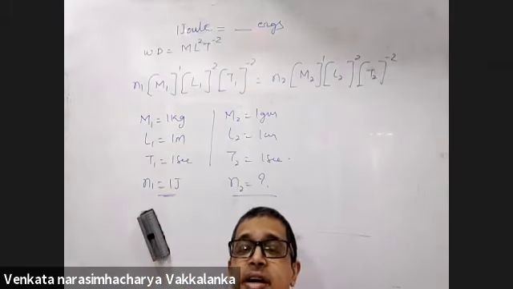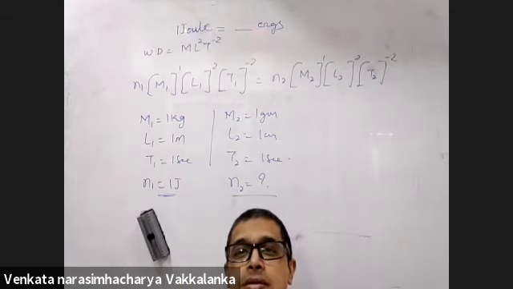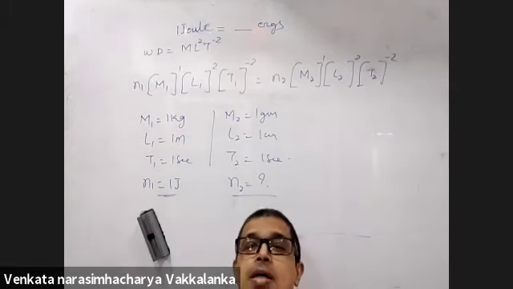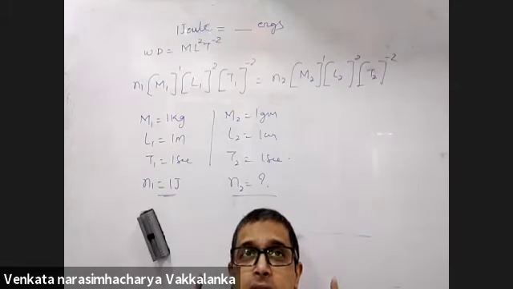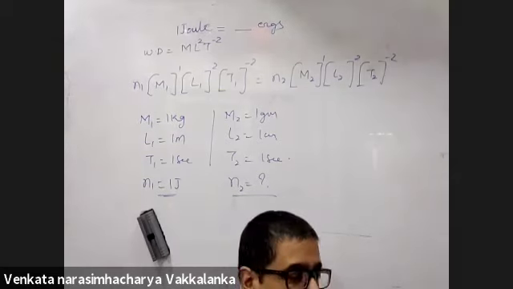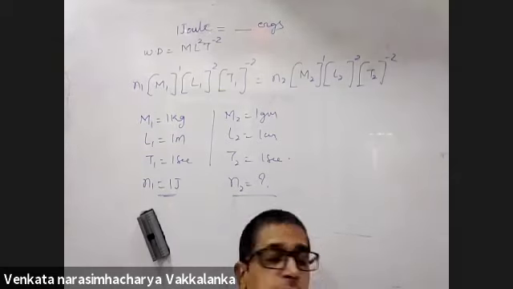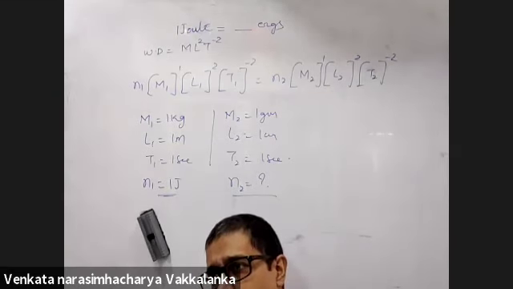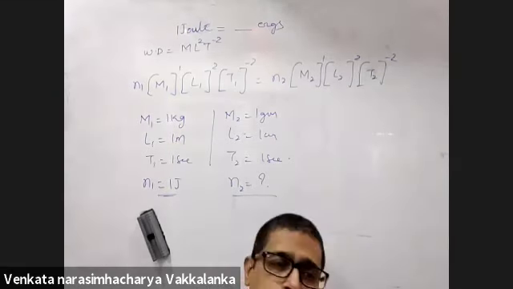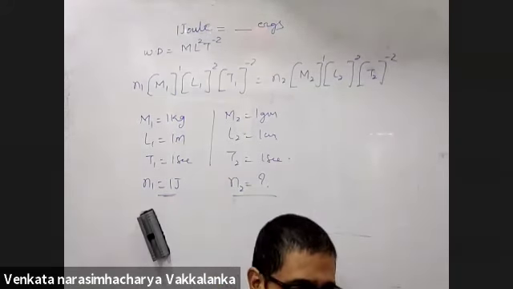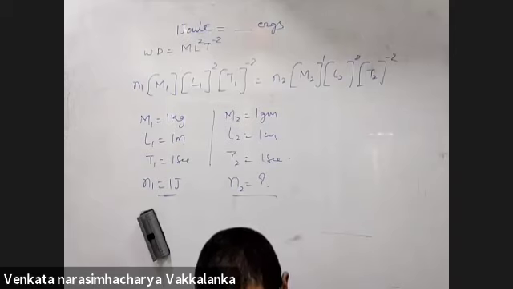This completes units and dimensions. So you were going to do some revision. Pardon? You were going to do revision of errors and measurement, I think so. Yes. Errors and measurements, we have to solve a few problems. First of all, was errors and measurement done for you? So you did it in 1 or 2 classes, I think. Sir, 3 classes you took. Yes, sir, we have done. Yes, I will just brush that up in 15 minutes, and a few problems on errors and measurements will have to be done.